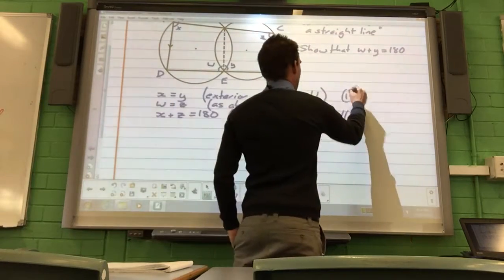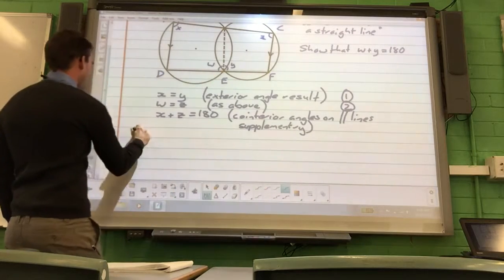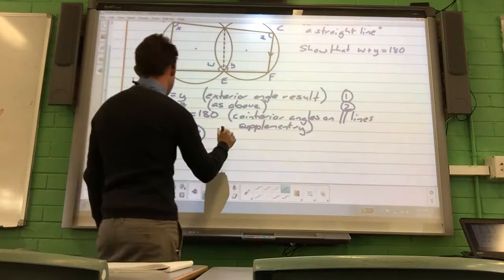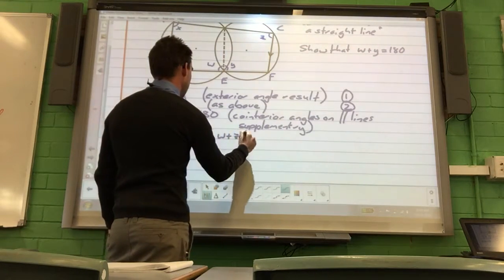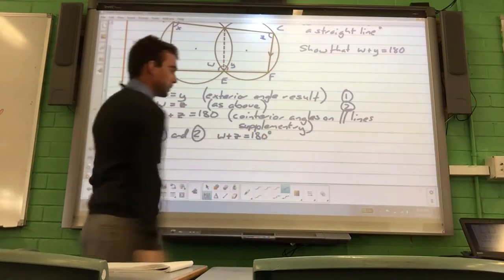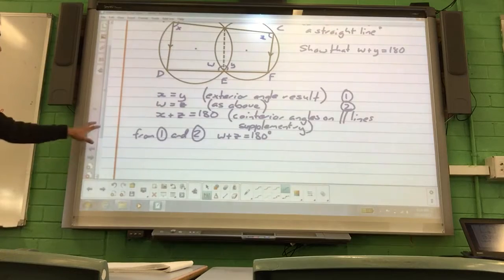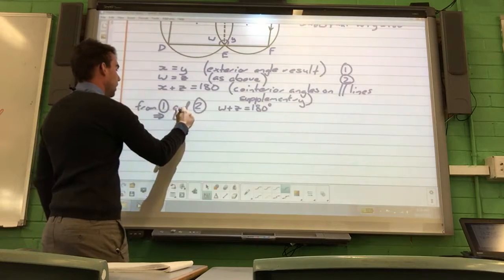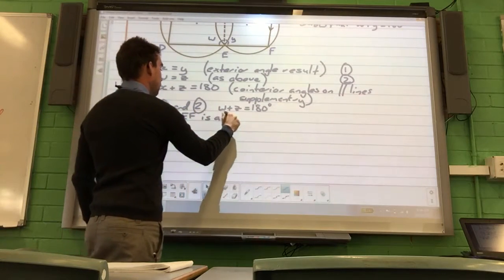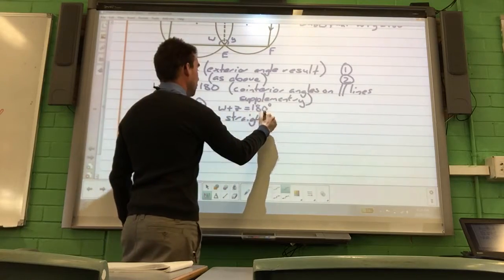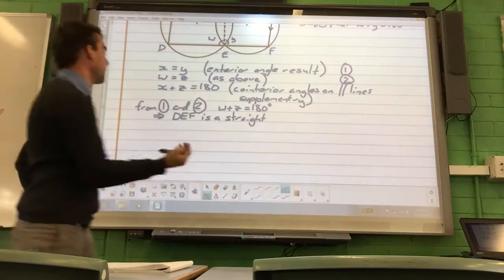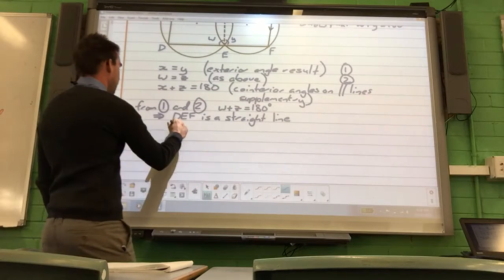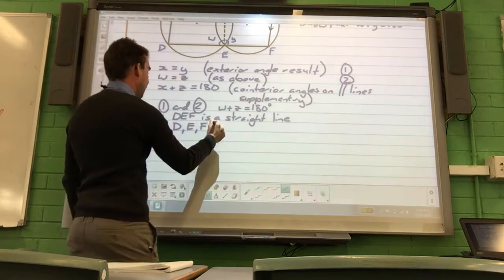So let's say 1, 2. So from 1 and 2, we have that w plus z is equal to 180 degrees, which implies that D, E, F is a straight line because at the vertex at E it is straight. And that means D, E and F are